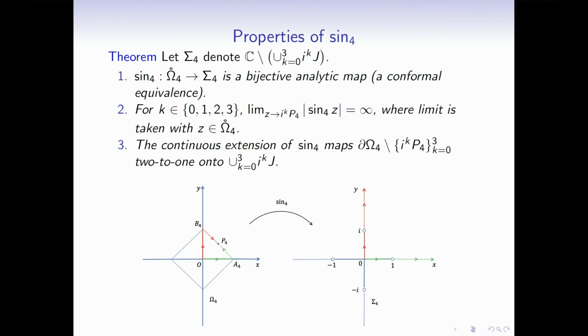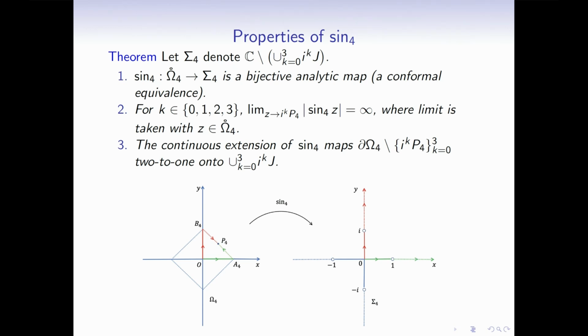And these points, P4 and all the rotations of that, tend to be the poles. The sine function goes to infinity when you pick a point z that's approaching one of these P4 and all the 4 rotations of that. And the continuous extension maps the boundary minus these points 2 to 1 onto this union of these rays. Okay, those are some properties, but I think the big takeaway message here is that you have this conformal equivalence